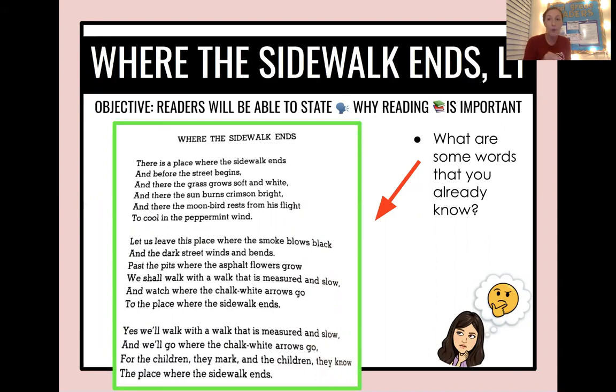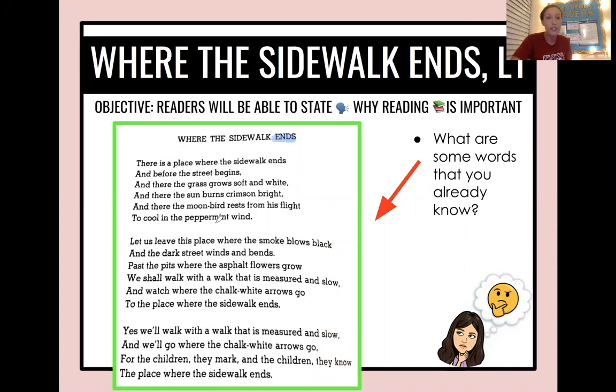So I'm not going to read word by word, I'm just going to scan. Scan is when I move my eyes very quickly over the text, not reading to understand, but reading just to see what words I already know. So I'm going to use a blue highlighter to very quickly scan, and I'm going to highlight words that I already know. Let's see, really quick in the title, I see the word ends.